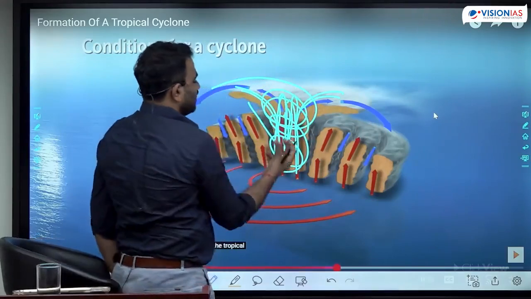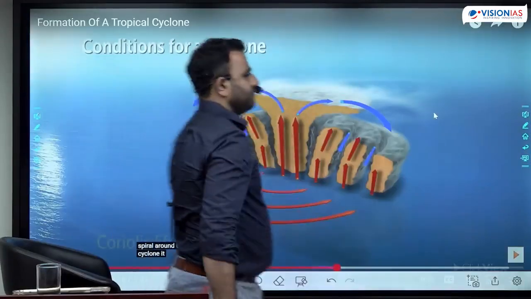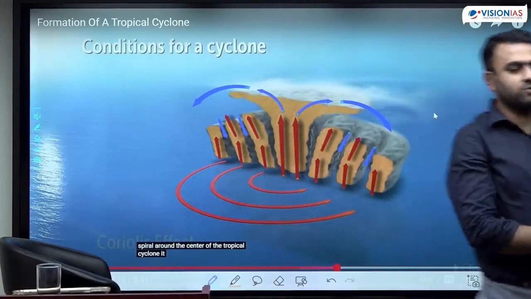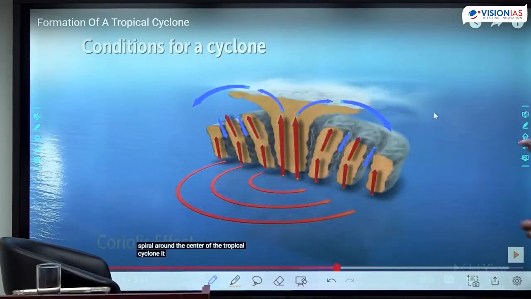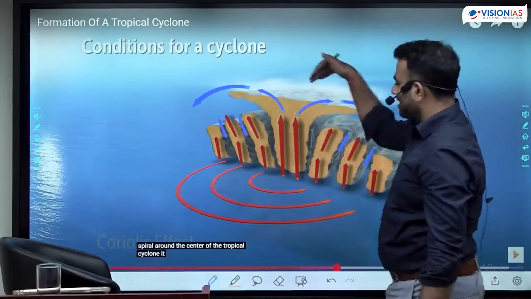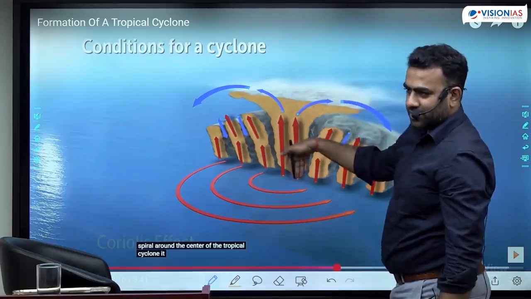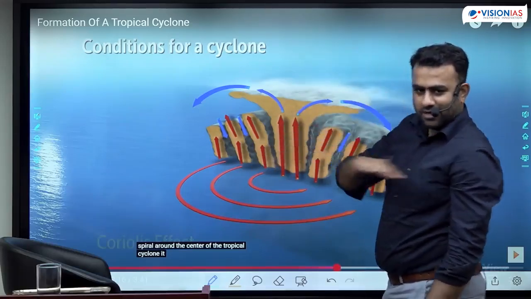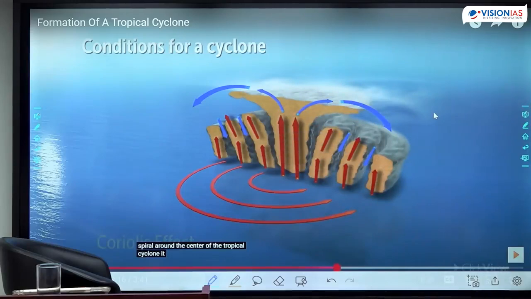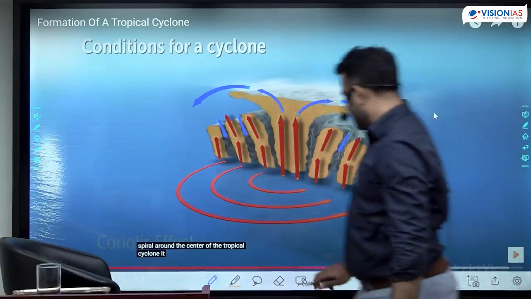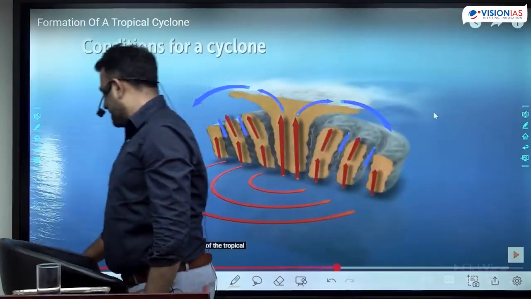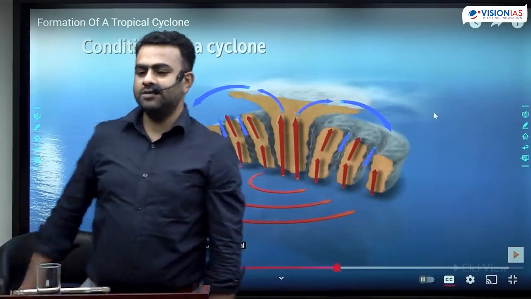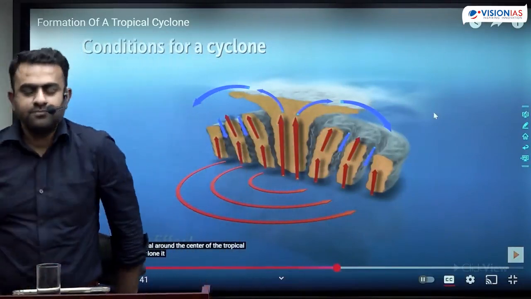Now a part of this air starts to subside here. Because the entire central part has become so thick and dense, even a small part of the subsiding air is sufficient to clear the sky. Once it descends from there, subsiding air will clear the sky. There is no cloud here. Okay, the clouds are completely clear, the rain reduces, and the rain stops completely. That part is what is called the eye of the cyclone, the eye of the storm.